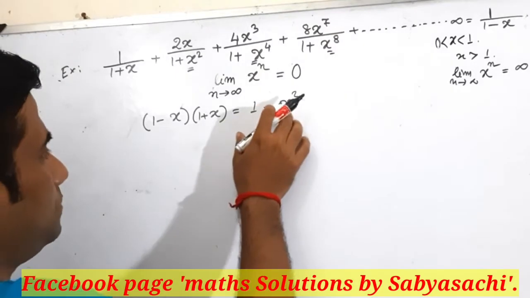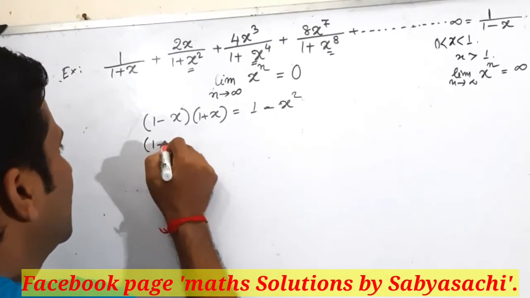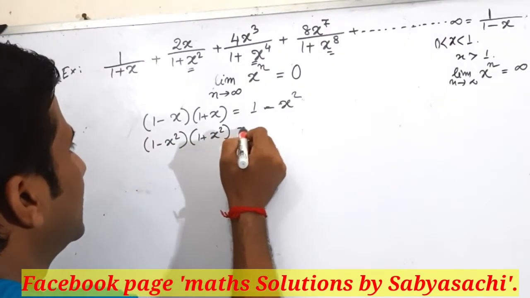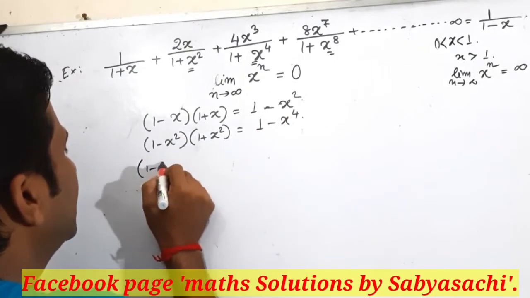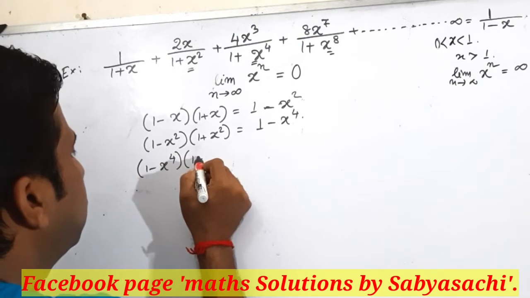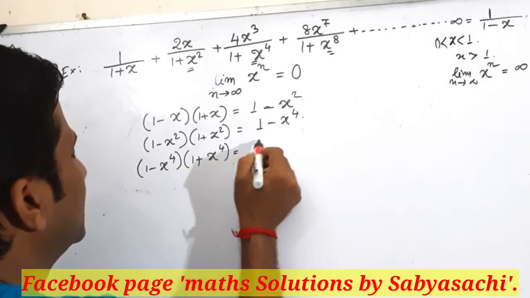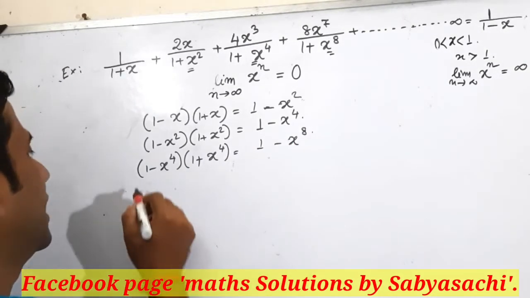Then 1 minus x and 1 plus x is equal to 1 minus x square, and 1 minus x square into 1 plus x square is equal to 1 minus x to the power 4, 1 minus x to the power 4 into 1 plus x to the power 4 is equal to 1 minus x to the power 8,